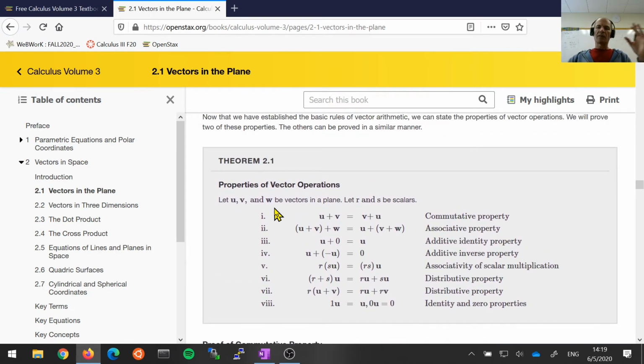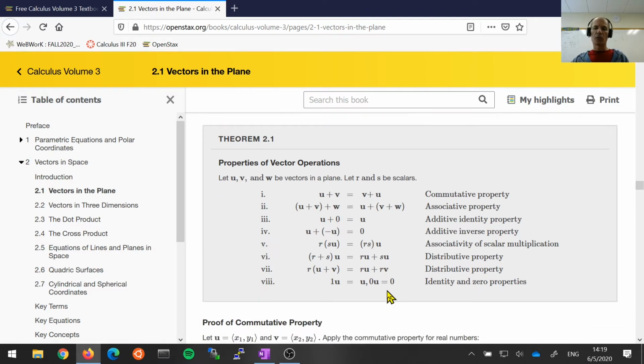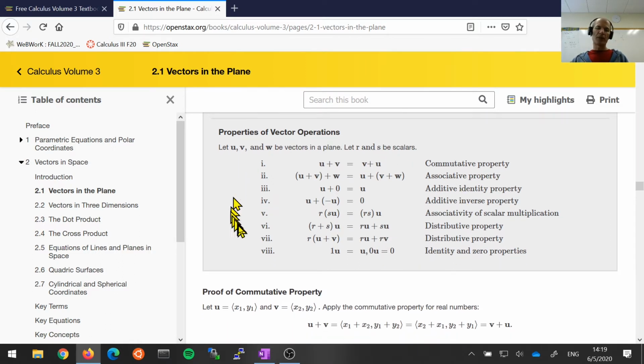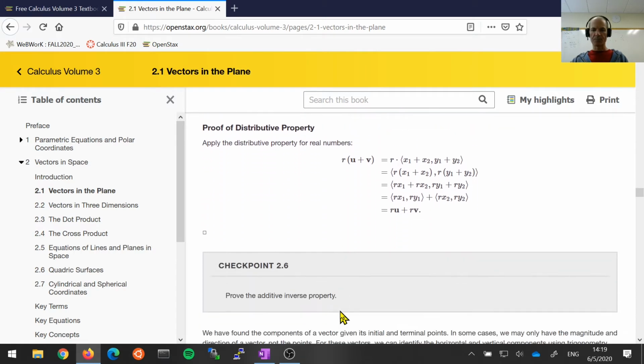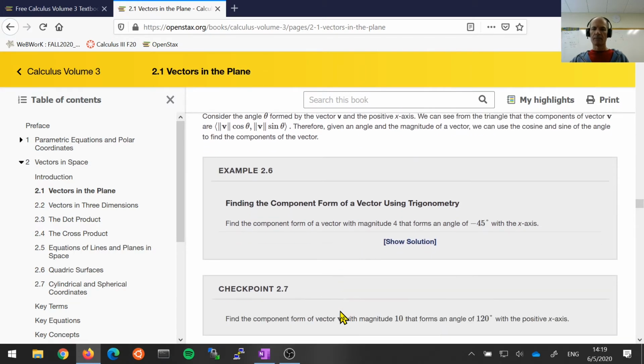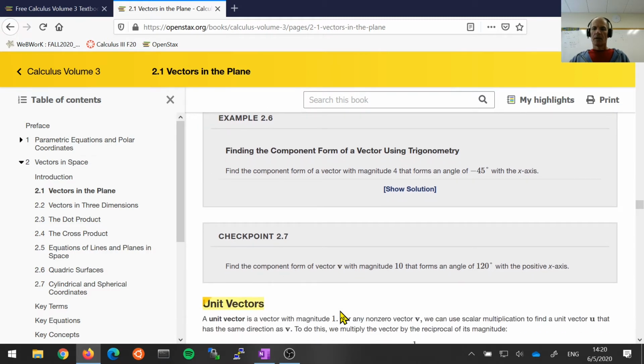Theorem 2.1 sort of lays out all the things that you can do with vectors and sort of all the rules that they follow. For example, addition is commutative. u plus v is the same as v plus u. That's handy. There's a notion of distributive property. For example, scalar multiplication. Vector distributes over scalar addition. Scalar multiplication distributes over vector addition, and so forth. You'll very quickly start to take these rules for granted as we go forward, but each of them is a rule in and of itself and requires proof. Okay,